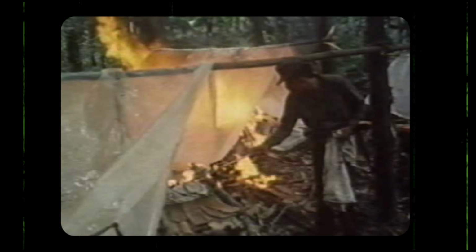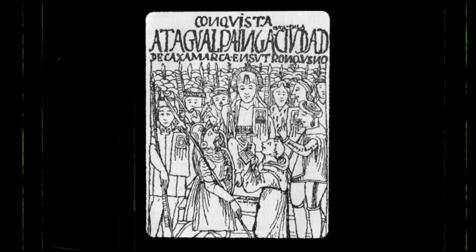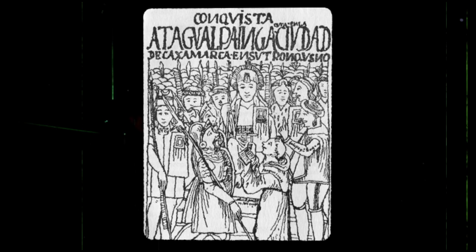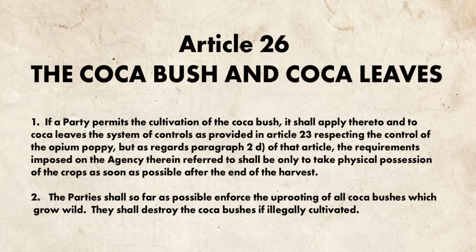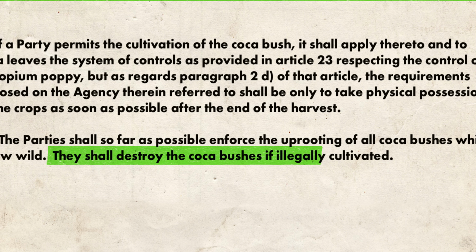The first attempts to eradicate coca date back to the Spanish invaders, who disapproved of the use of this devil's leaf, since it stood in the way of their plans to forcibly Christianize indigenous populations. But it wasn't until 1961, during the Single Convention on Narcotic Drugs, that the United Nations prohibited all non-medicinal uses